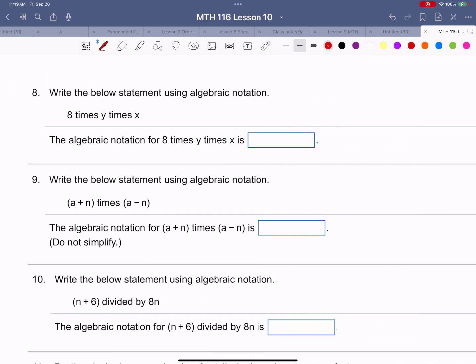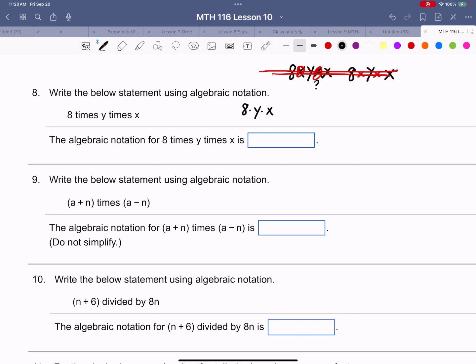Example 8. Write the below statement using algebraic notation. 8 times y times x. So again, we said you could go 8 dot y dot x. Now here's where you really want to avoid the old-fashioned 8 times y times x, because look how confusing that is with these times signs, and I know sometimes they even write them a little different like this, and so the x's look a little different. It's still too confusing to have x's within x's,